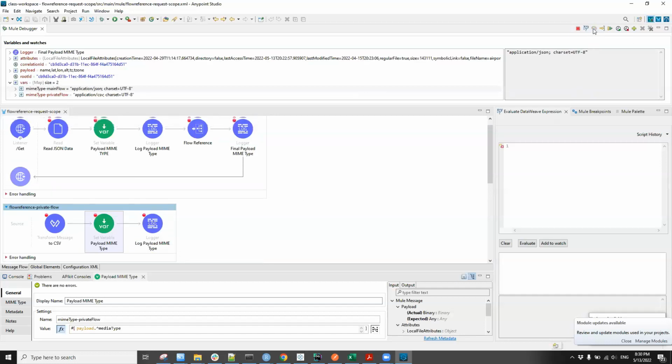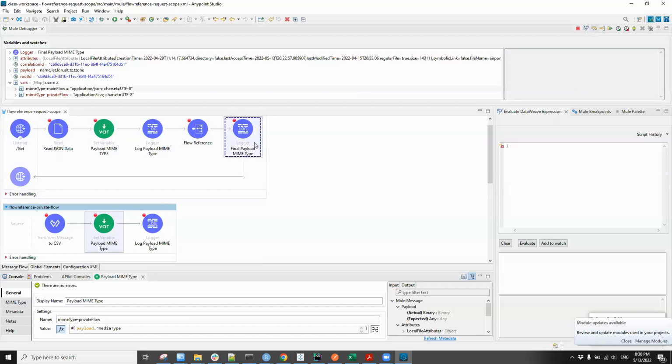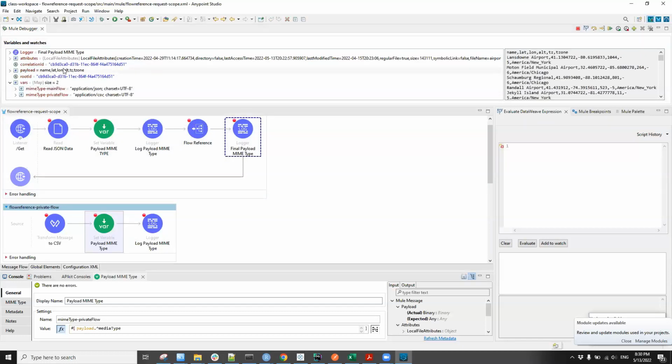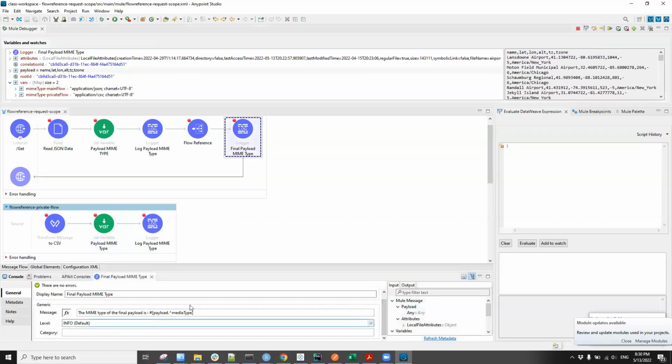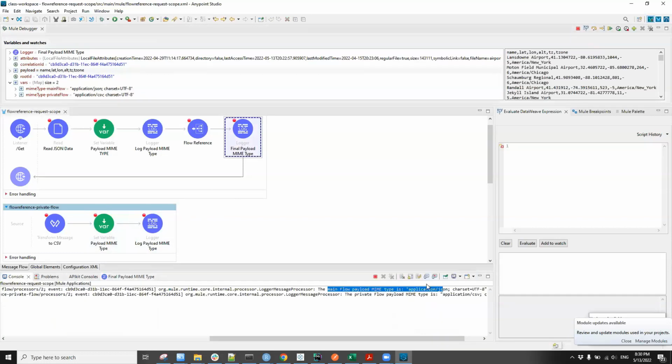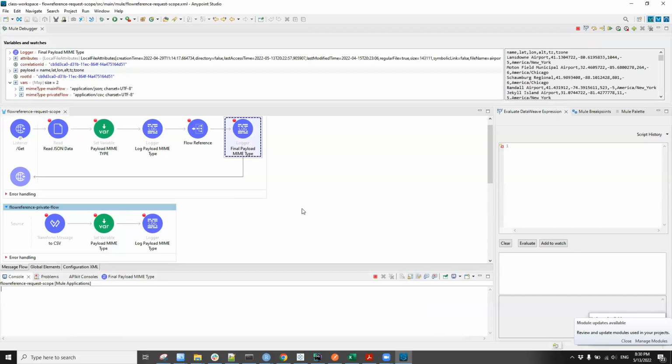So if I click next now it comes back to the main flow. As you see, our payload is just CSV. This is our final payload. And in the final logger, I am printing the MIME type of the final payload. It should say CSV. So clear the console first. Now, when I click next, then the flow has ended, and I will get